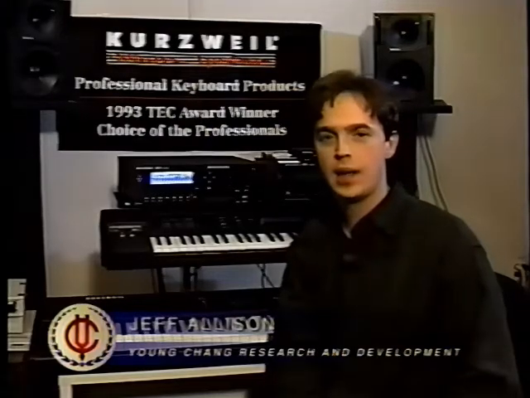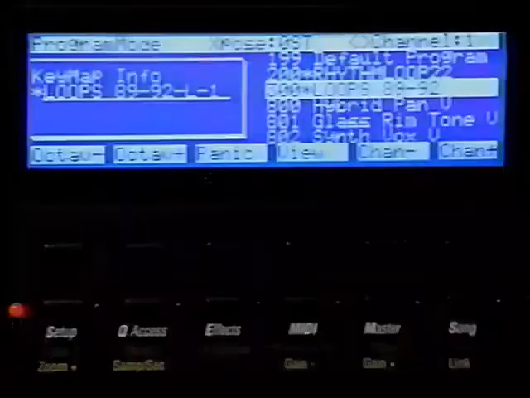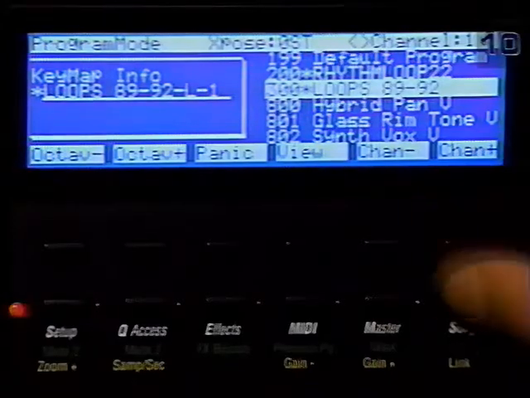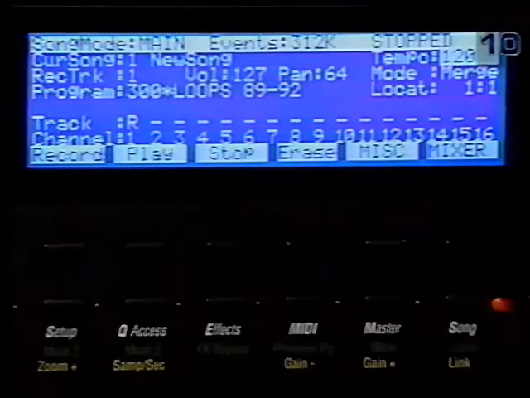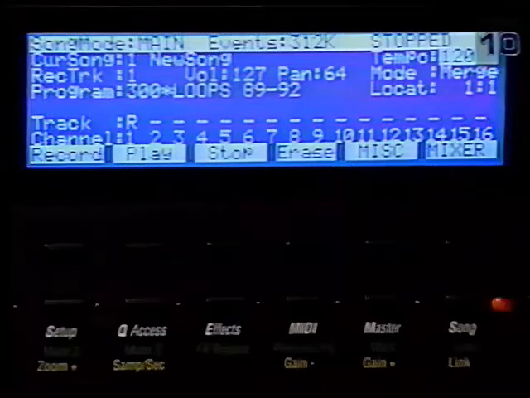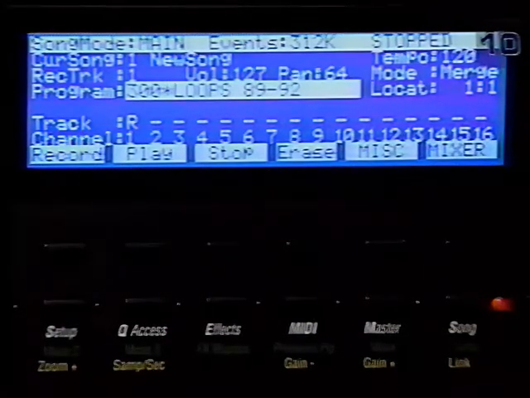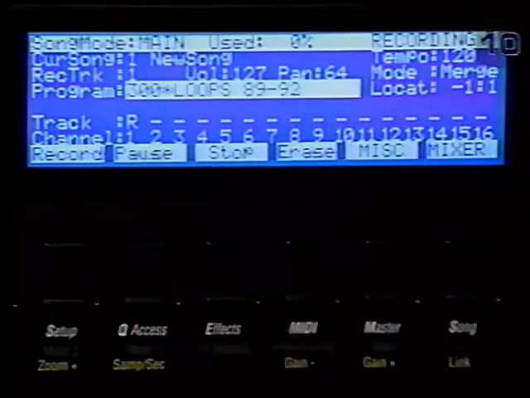A lot of musicians and composers like to take loops from CD-ROM, especially for dance music, and I can show you here with the K2500 sequencer how to adjust the relative tempo of the sequence with the loop so that it matches up properly. So here I've loaded in this loop, and I can go to song mode and place it into a sequence. You see that the tempo is at 120, which is probably not the proper tempo for the song or for the loop, but if I just get the loop into the song